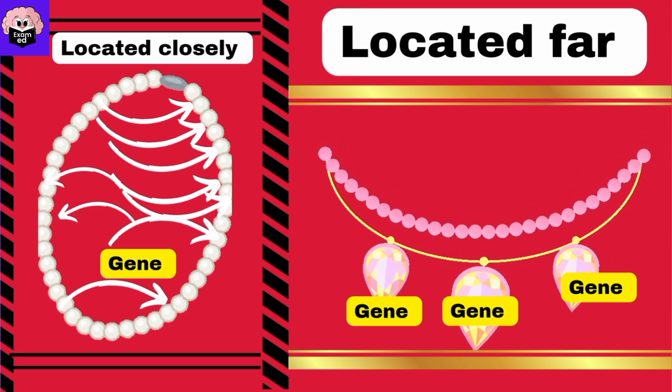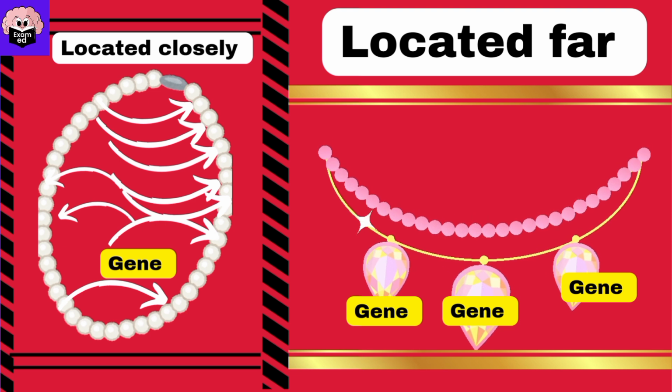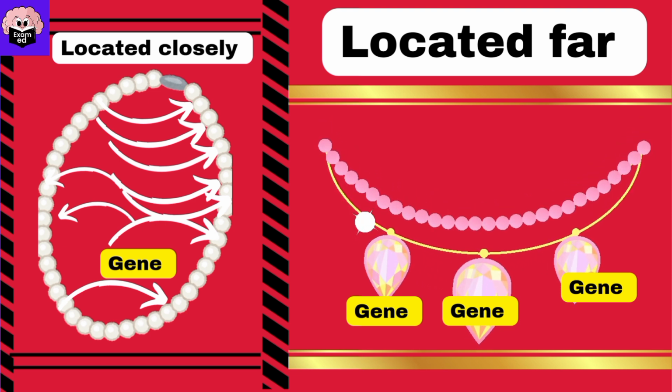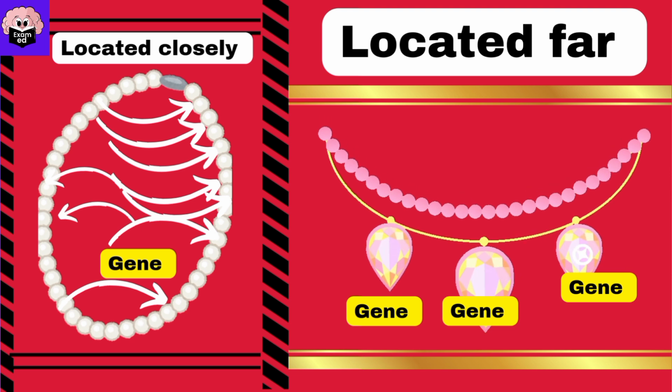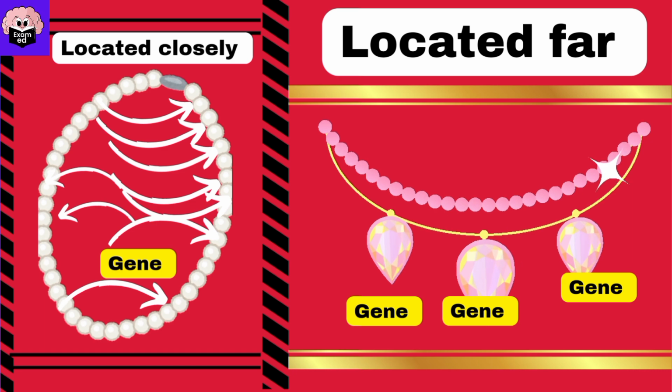Loosely linked genes, pearls far apart, on the other necklace are more likely to swap, similar to how widely spaced pearls on the second necklace can more easily be moved around. The string between these pearls is longer, and recombination is more common.